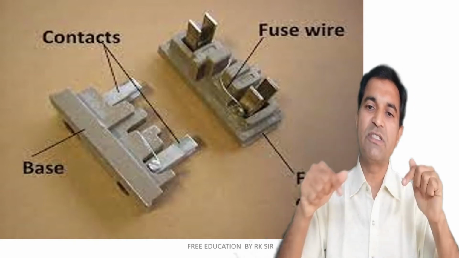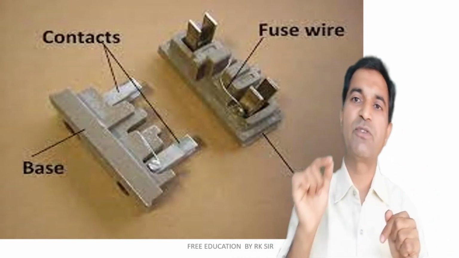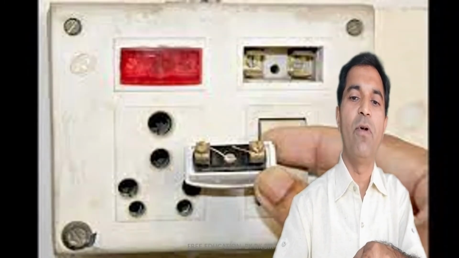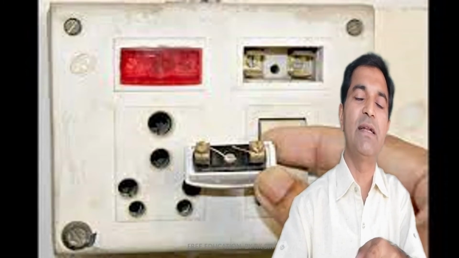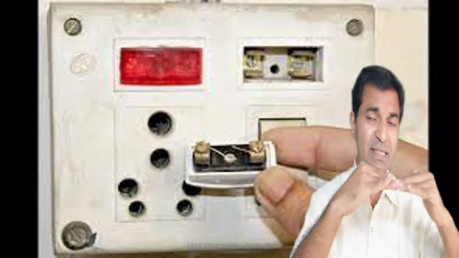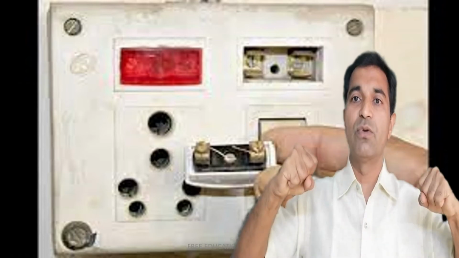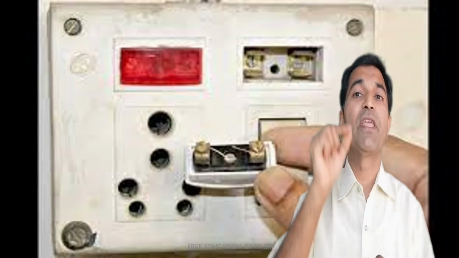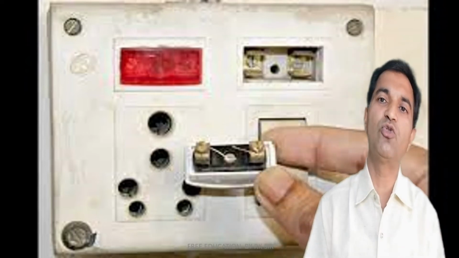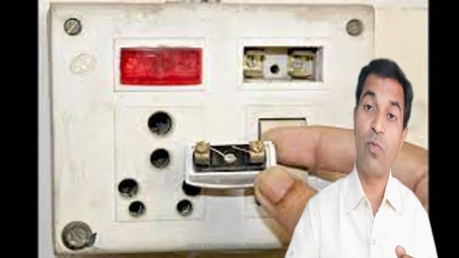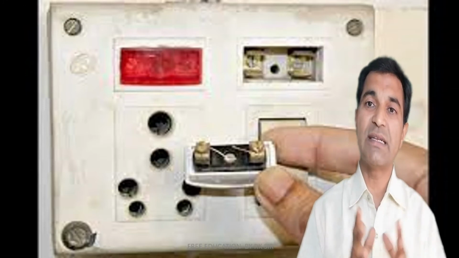So actually the fuse has a wire which is made up of Sn, that is tin. This is the picture in which you can easily see that the wire is broken down due to a heavy amount of current. So whenever there is a heavy amount of current passing through the fuse wire, it will simply melt out. Means fuse wire must have characteristics of high resistance, at the same time very low melting point, say for example approximately 200, so that it melts easily in a very short time whenever a high amount of current passes through a circuit, so that our household applications may not burn away and short circuit may be prevented.